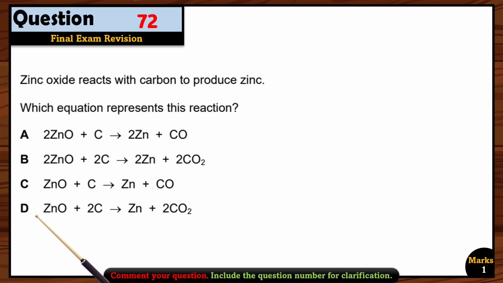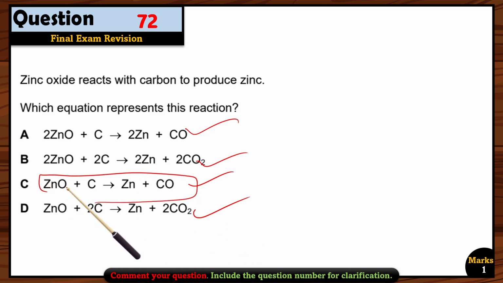Let's see another question. Zinc oxide reacts with carbon to produce zinc. Which equation represents this reaction? All these equations are right if you see it, because zinc is reduced, right? But if you look carefully at these options, you will see that not all of these equations are balanced. Only one of the equations is balanced, and that is option C. So you have to check the balancing of the equation and you can easily choose the right answer. So option